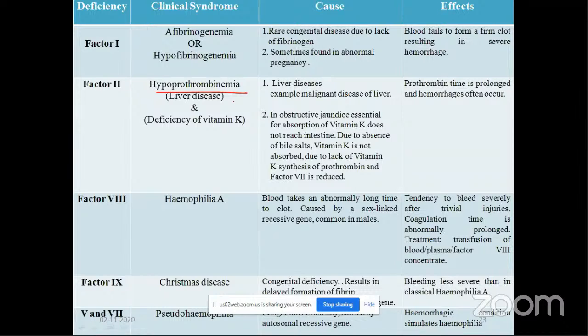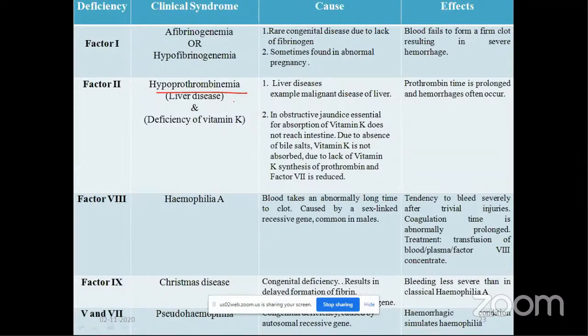There is some obstruction in the bile duct, and there may be an insufficient amount of bile. So due to insufficiency of bile salts, vitamin K is not absorbed, and due to lack of vitamin K, prothrombin synthesis is not there. And factor 2, factor 7, factor 9, and factor 10, all these factors may be less in amount, and this can cause